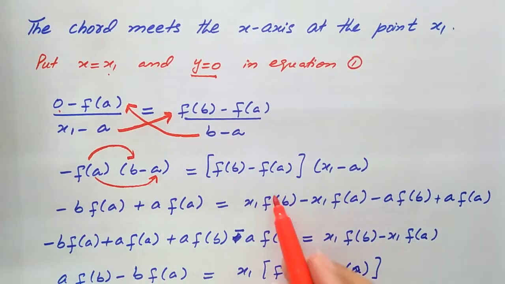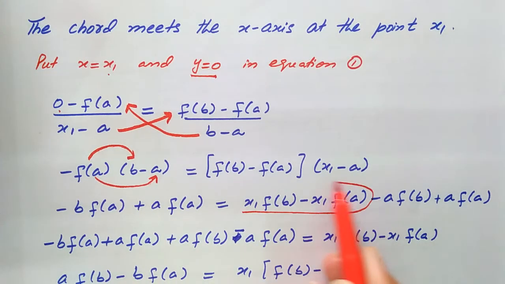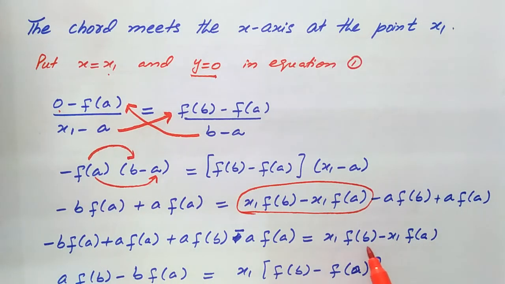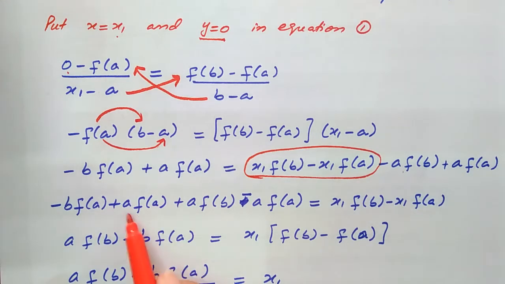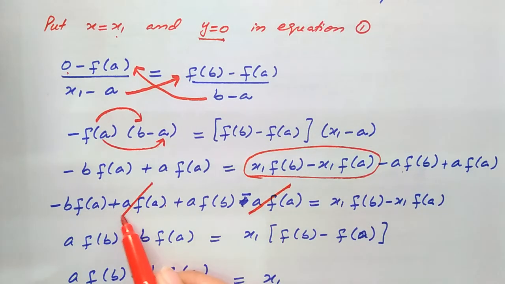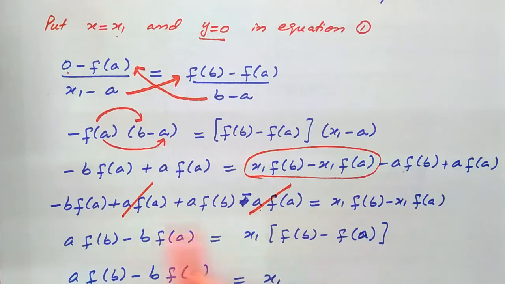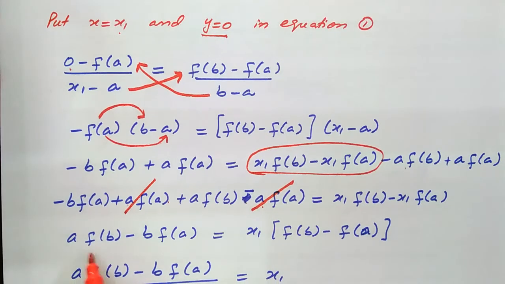Now rearrange this equation. The terms which involve x1 are left on the right hand side and all other terms are moved to the left hand side. Plus a f(a) and minus a f(a) have opposite signs and the same value, so I cancel these. So I got a f(b) minus b f(a) equals x1 times...